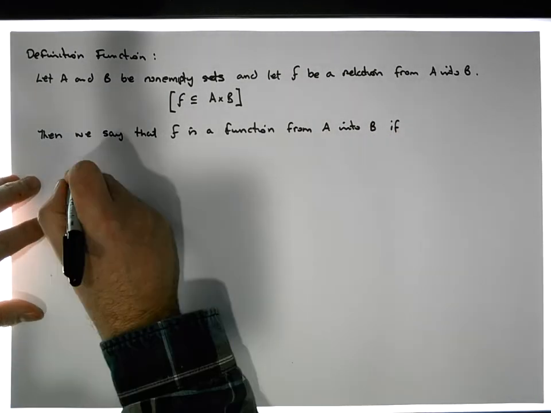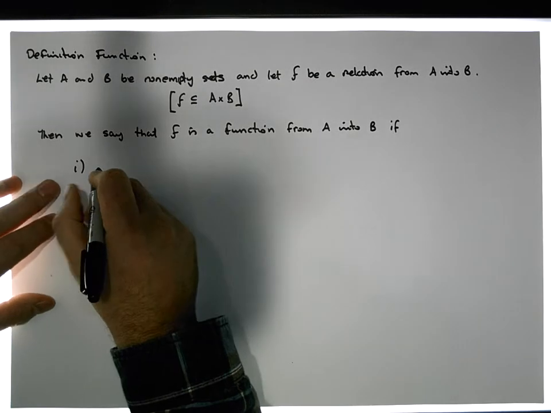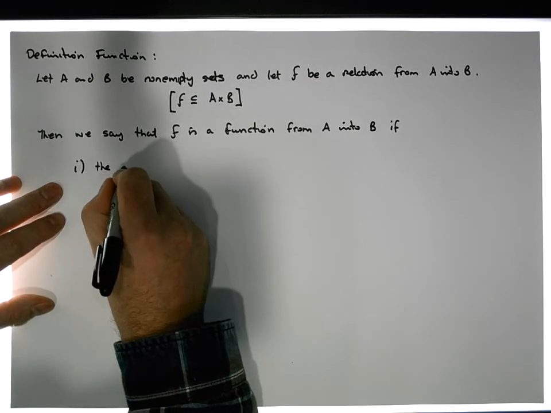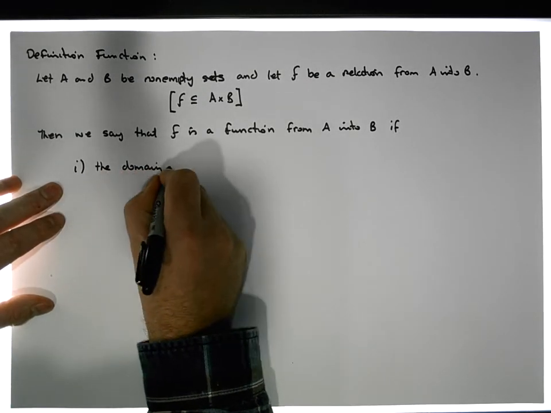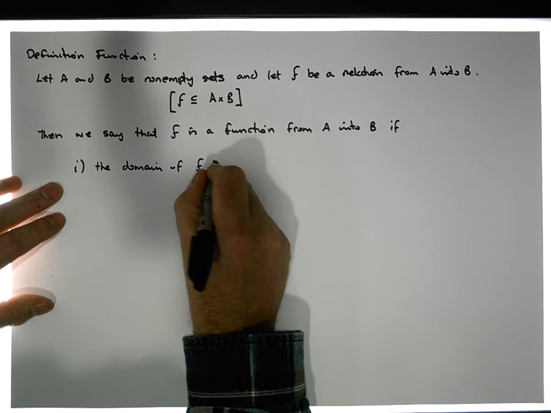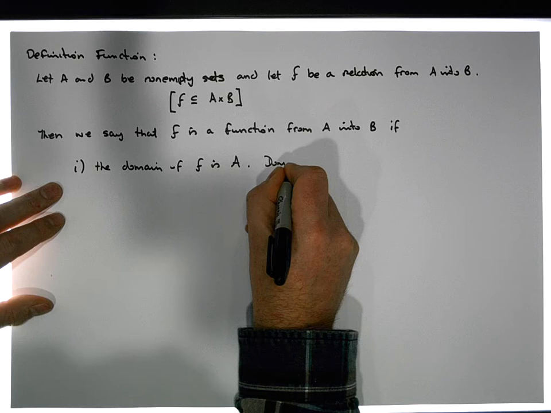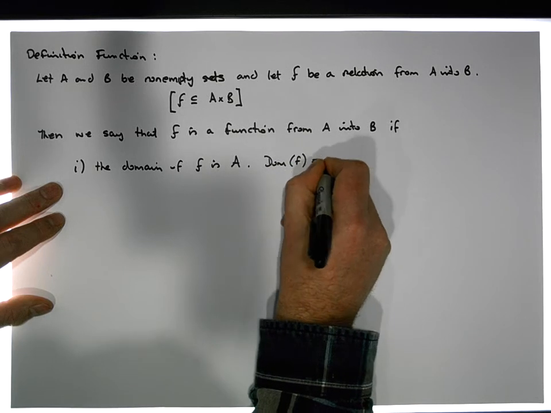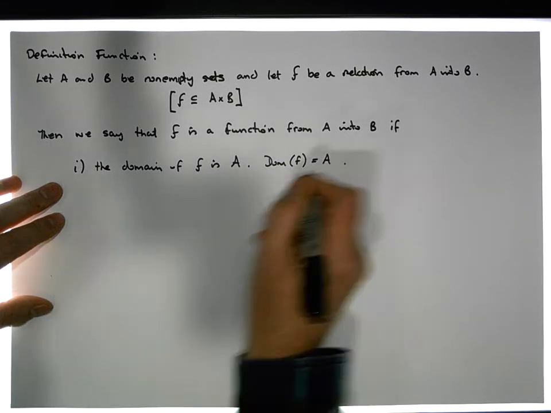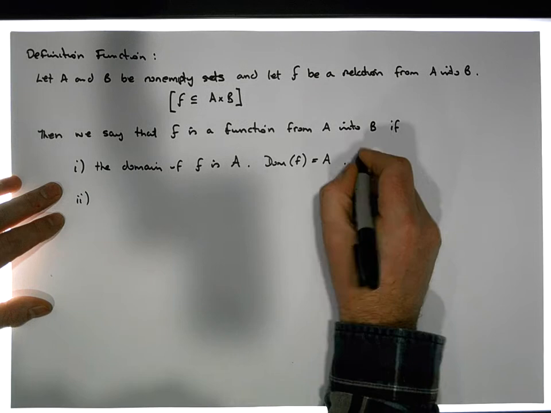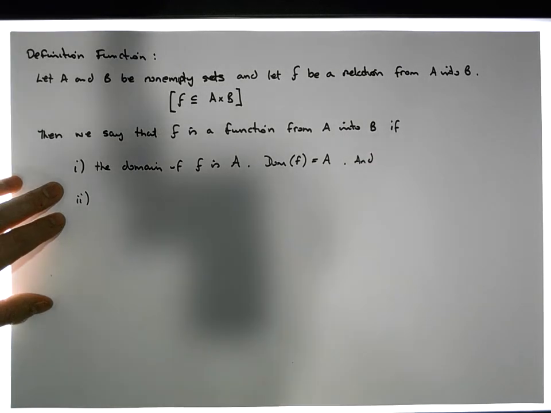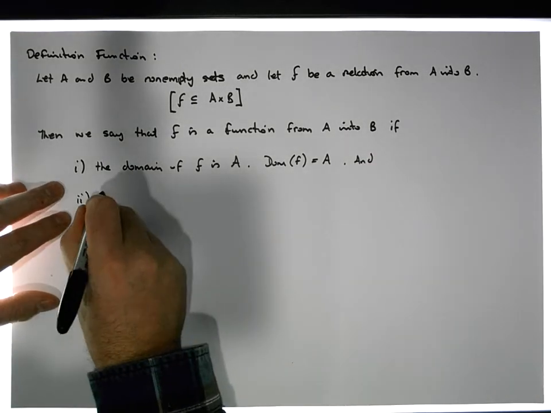One, the domain of F is A, and the way we symbolize that is that the domain of F equals A. That's one restriction. And two, for all ordered pairs, so for all (a, b) and (c, d) that are elements of F,